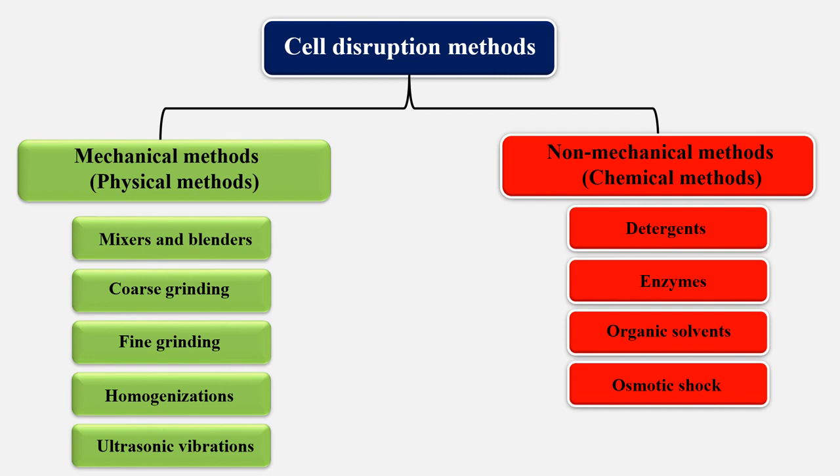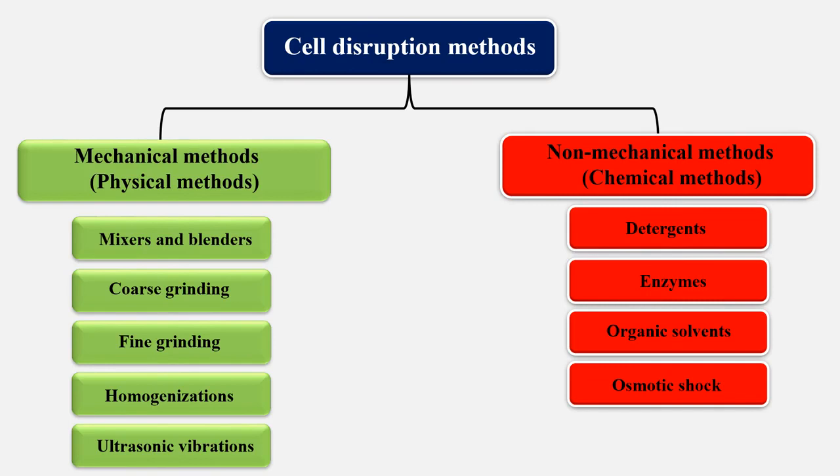Cell disruption methods. طرق تحطيم الخلايا. There are two types of cell disruption methods: mechanical methods, or also known as physical methods, and non-mechanical methods, known as chemical methods. إذن طريقتين رئيسية هي طرق التحطيم الميكانيكية أو تسمى بطرق التحطيم الفيزيائية، وطرق التحطيم الغير ميكانيكية أو